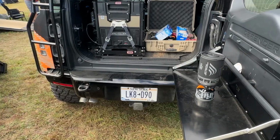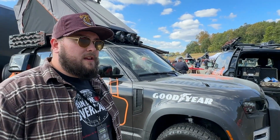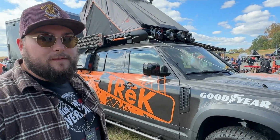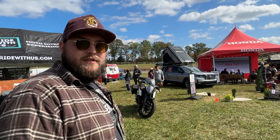As some of you might know, I'm a Rover guy at heart, so I love seeing all the Rover stuff, and Lucky 8 makes great products and is one of the only options out there for new Defender stuff, and they're killing it. So we're at the Honda booth, and not only are we into off-road cars, track cars,